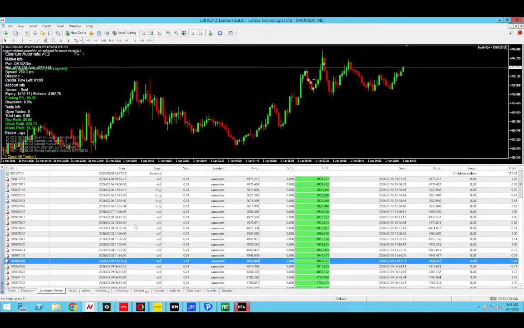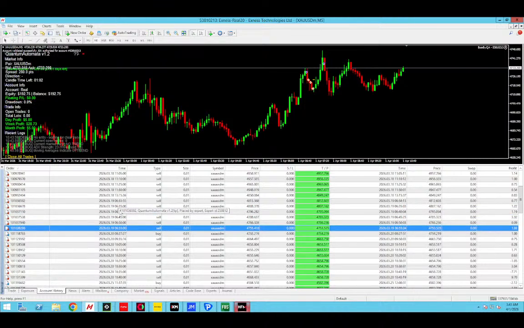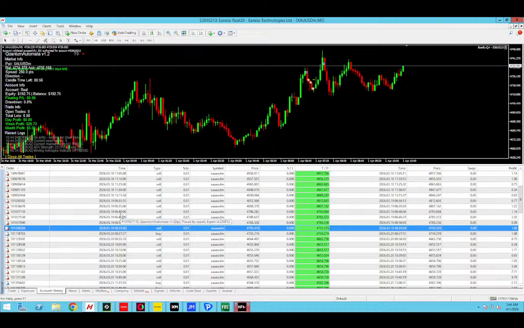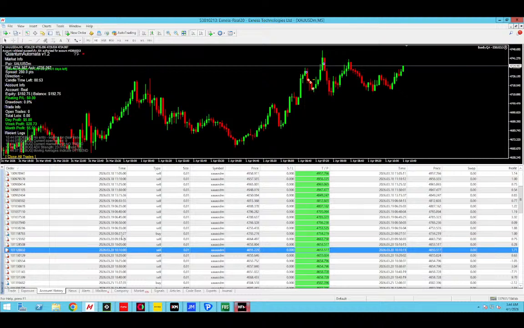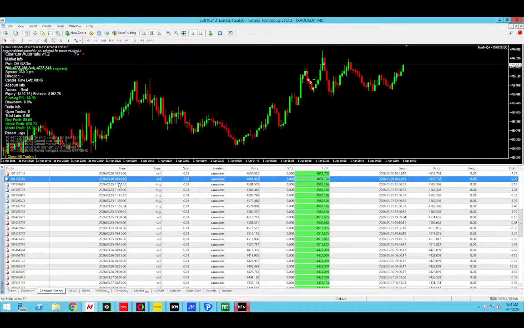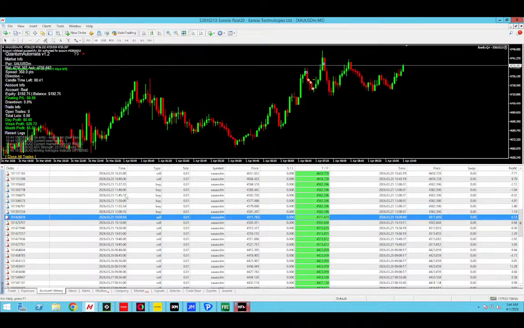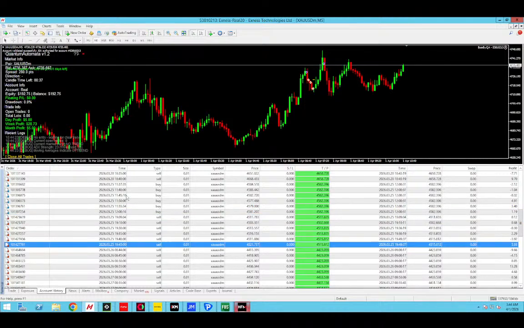And then we have on the 19th, 6 rather, right? That's 6 plus 17, that's 23 trades in total. And on the 20th, 9, 23 plus 9, that's 32 trades in total, and so far. And then on the 25th, 12 plus 32, that's 44 trades in total, and